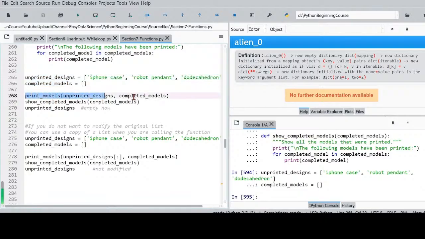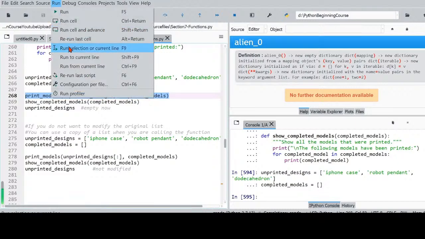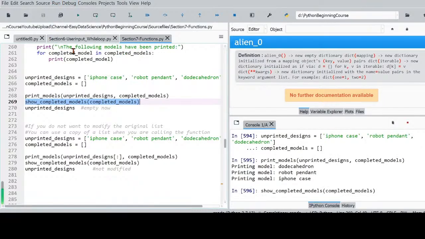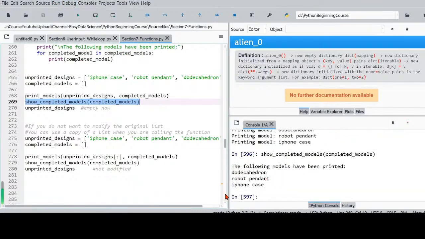Then we first call printModels with unprinted designs and completed models as parameter input. So 3 models have been printed. Then we show the printed models. So the completed models now has 3 elements. And if we show the unprinted designs again,